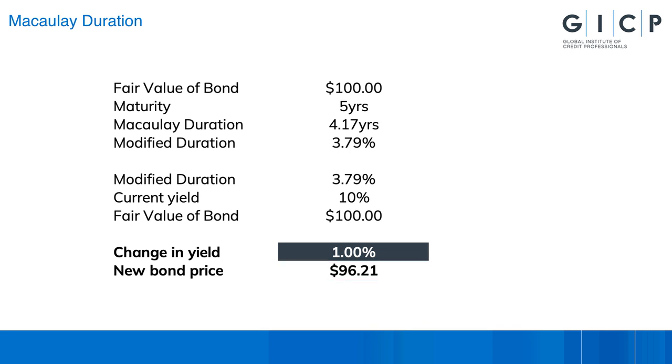Conversely, if the yield fell to 9%, then the bond price would rise by 3.79% from 100 to 103.79. If the original yield of the bond was 15%, then the modified duration would fall from 3.79% to 3.55%. Whereas if the original yield on the bond was 5%, then the modified duration would rise from 3.79% to